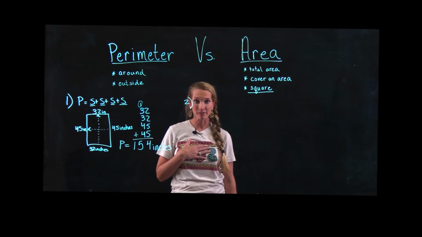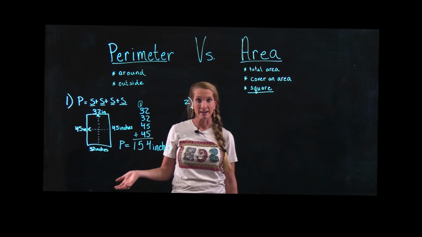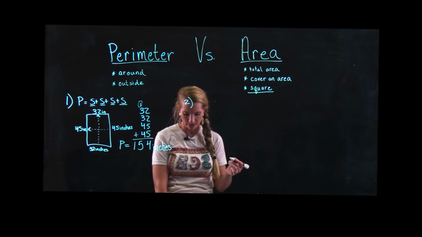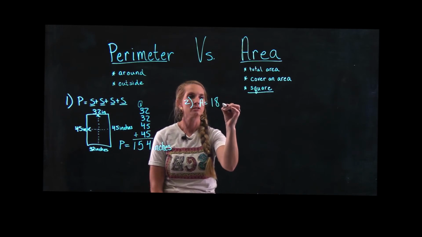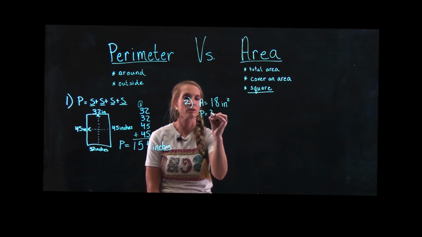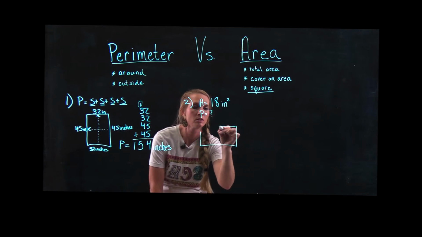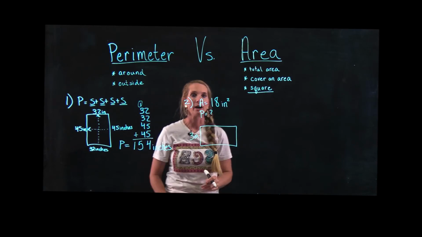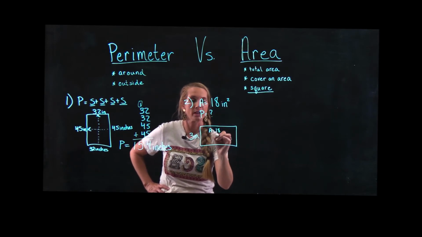So now I'm given the area and I'm given one side. So now I have to go about figuring out the missing side and find the perimeter. So I'm going to take my information. It says the area is already given, is 18 square meters. I am looking for the perimeter. I know that my patio is 3 meters wide. So if I know that my area is equal to 18,